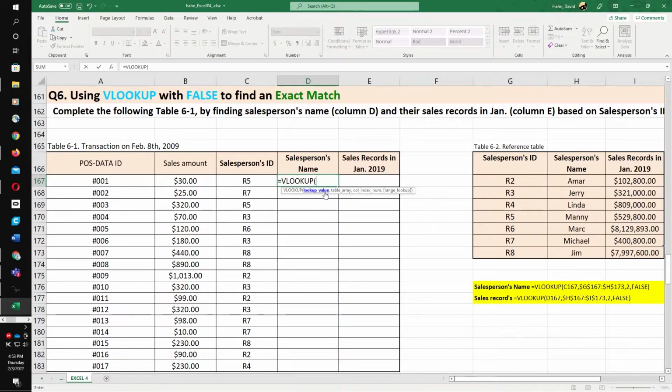VLOOKUP. I'll double click there. I'll click on this cell right here, and then I'll hit comma, then I'll hit the range of the ID numbers and the names, hit comma again, then I'm going to hit column number 2 because I want this column here, comma, and then we're going to say false this time because we want the exact answer, corresponding cell. Hit enter. So we know R5 is Manny, right here. Look at that, it worked. So here I'm going to take this and drag it down,